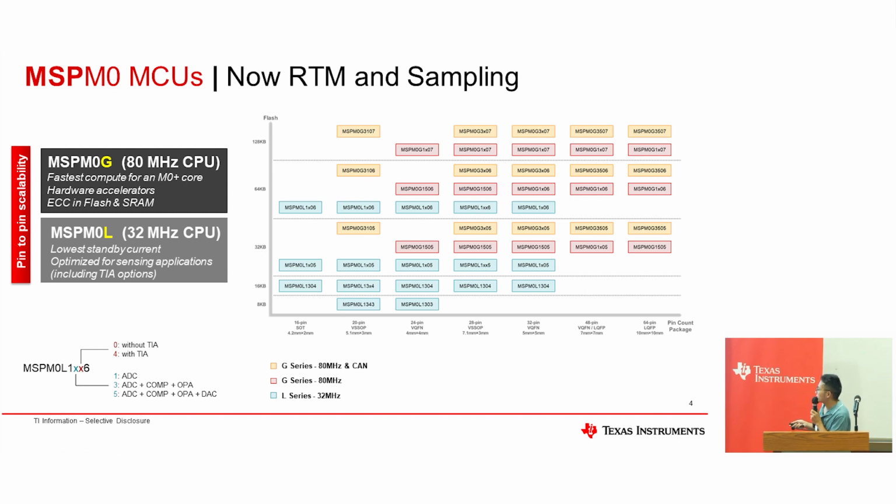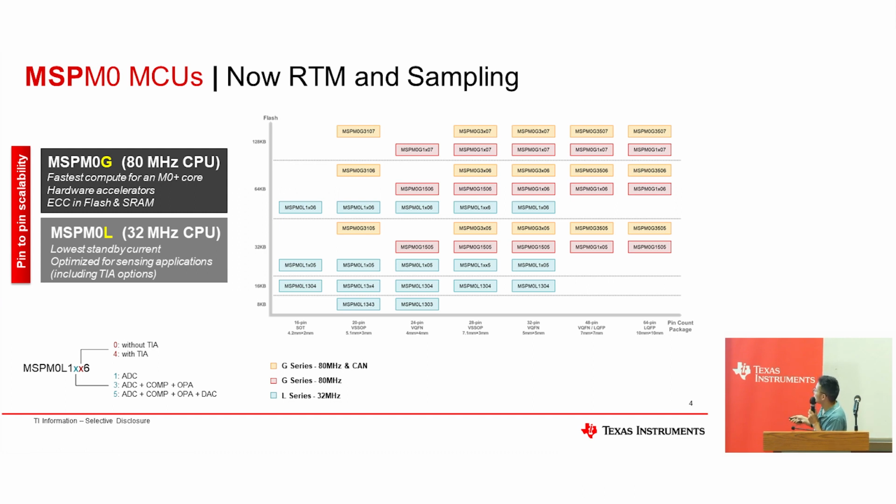The other is that the G series device has not been mass produced yet, but it will happen next month. But you can get the samples on TI.com. The next family is the L series family. It will have a lower main frequency and a lower price. Yes, it has been mass produced now, so you can use it in your project and buy it on TI.com.